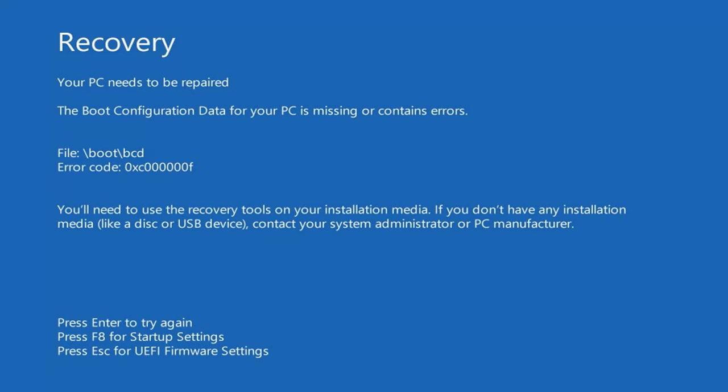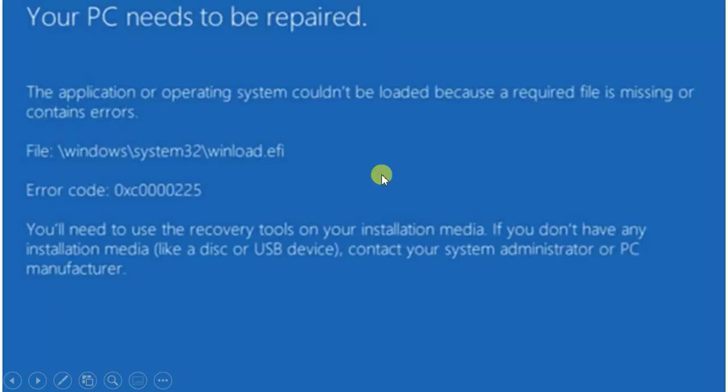There is an error which says that your PC needs to be repaired, or your BCD, boot configuration data, is missing. There is an error code, or it can show this window. These errors are all caused by the same reasons: when your BCD is missing or your system files are